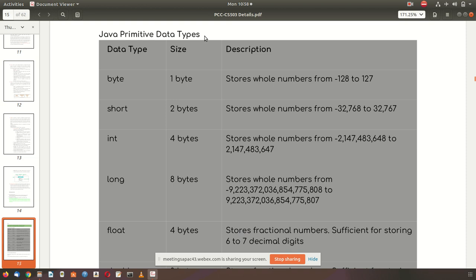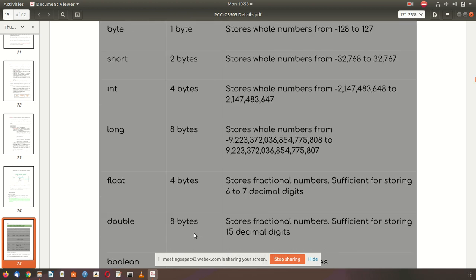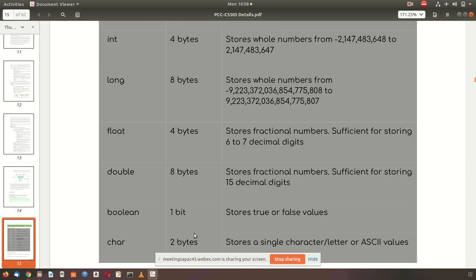So data types, Java primitive data types: byte, short, int, long, float, double, boolean, character.